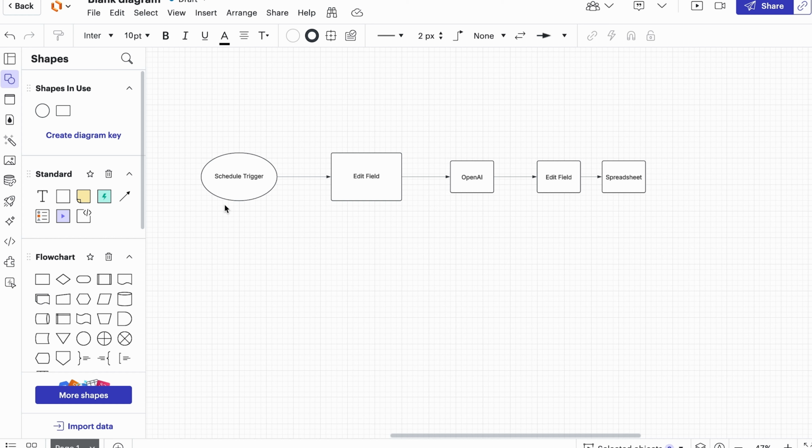And this schedule trigger can be done using a cron job. The edit field is really just to format how we want to prompt OpenAI to actually generate text for us. OpenAI does its magic, and then we edit the field, because it comes in different ways, right? You can see it as a table, a schema, or a JSON format. Then edit field will help us format it based on our preference, and afterwards